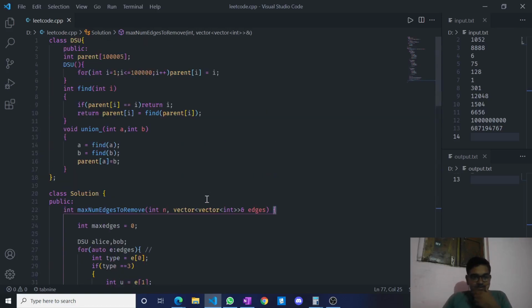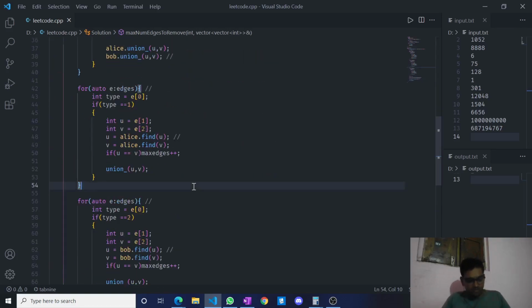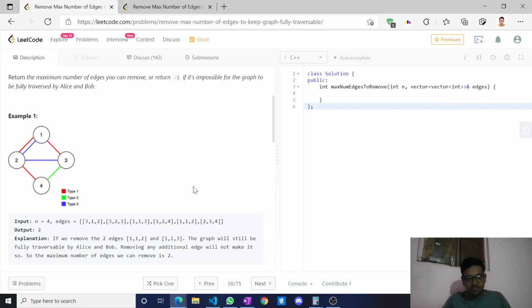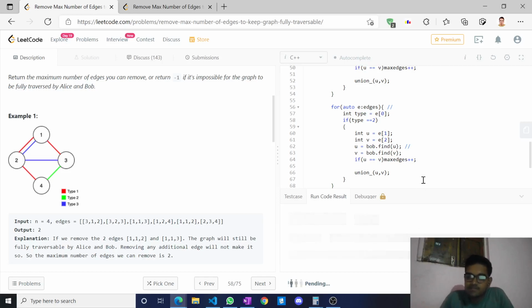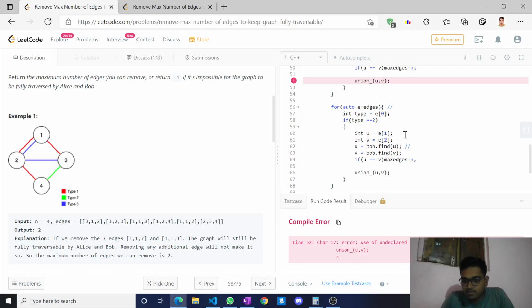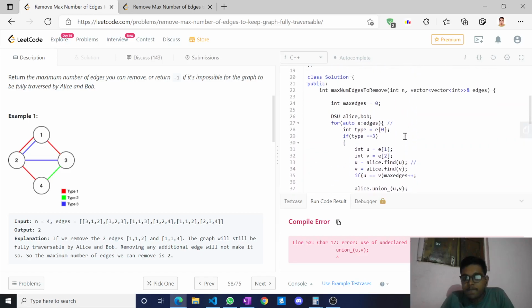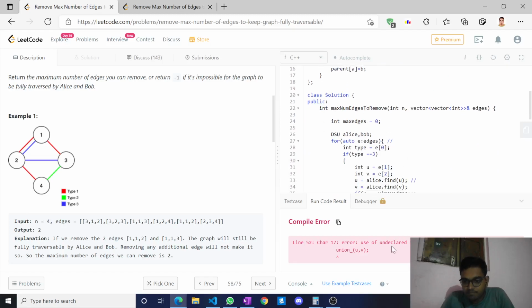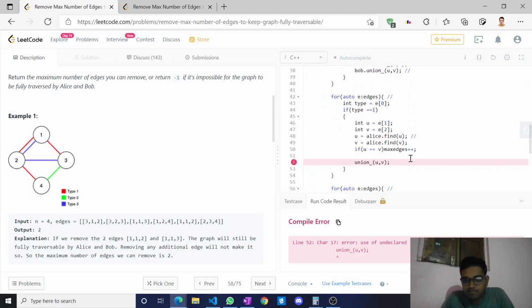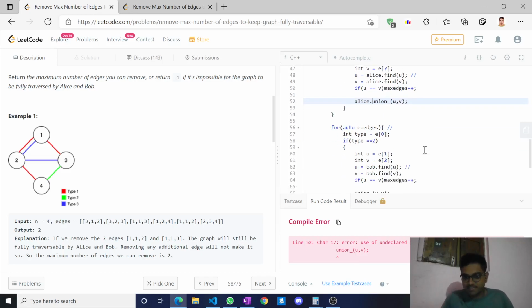Okay, that sounds cool. So let's simply try to run on some sample test cases. Undeclared item. Okay, here we need to mention the class, because it is the class element.